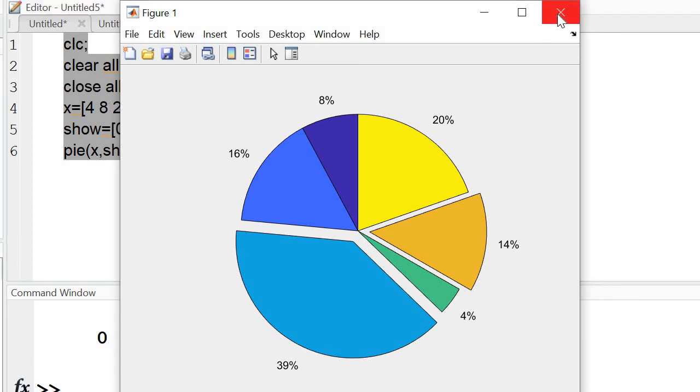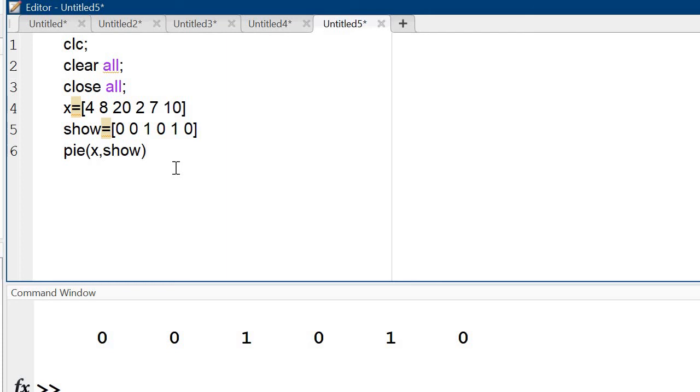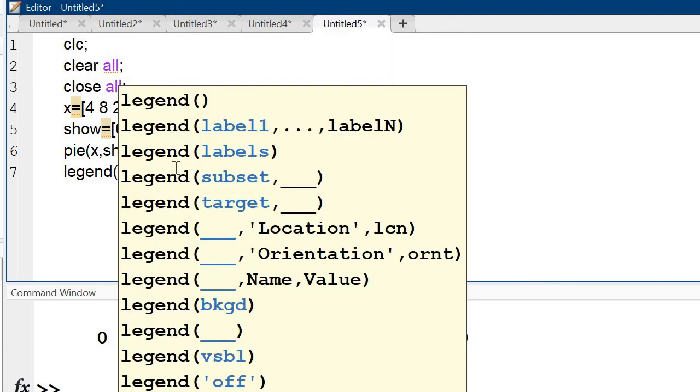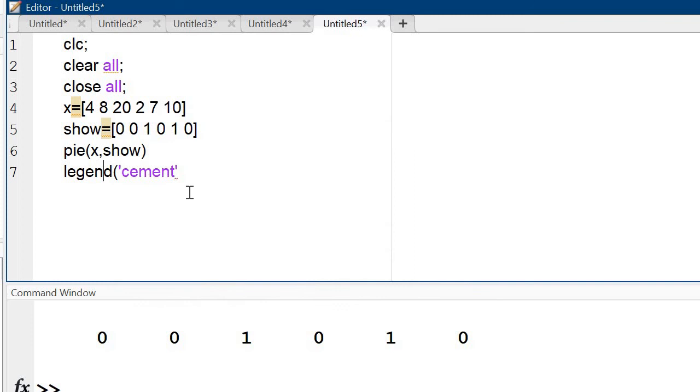Now very interesting thing, if I use this legend command here, first I am taking cement, and after that I am taking colleges, school, steel, anything you can take, software, TCS.